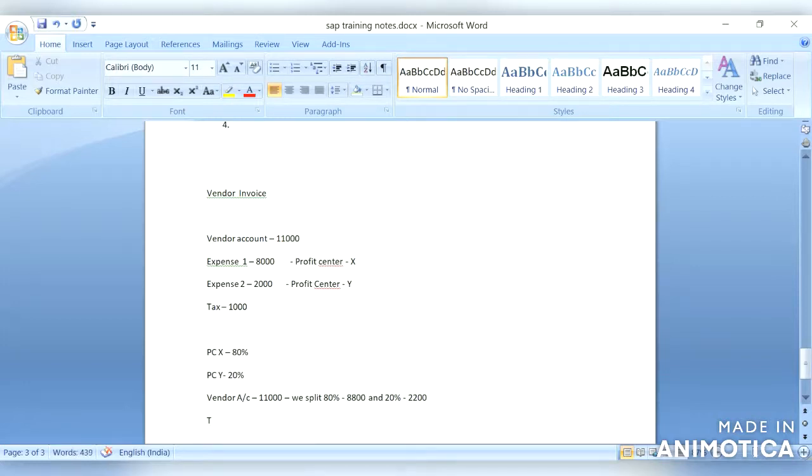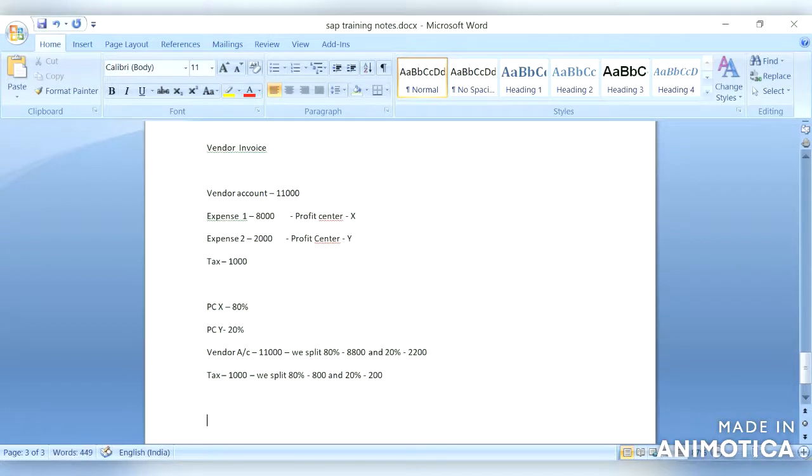And even the tax we will split 80% 800 and 20% 200. So as per this, the document should be posted like this. How? Vendor account